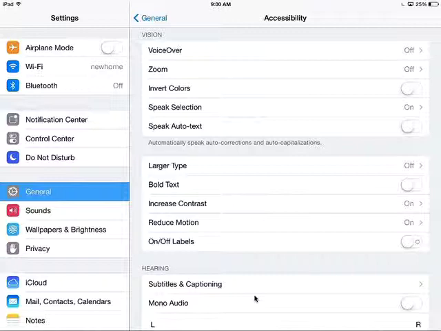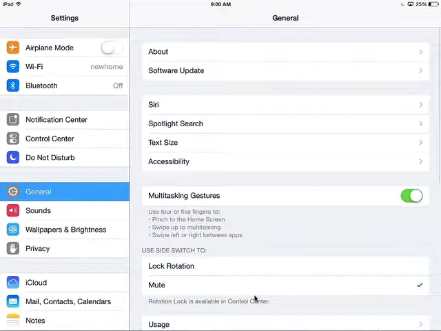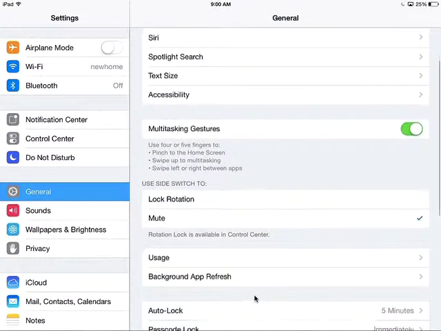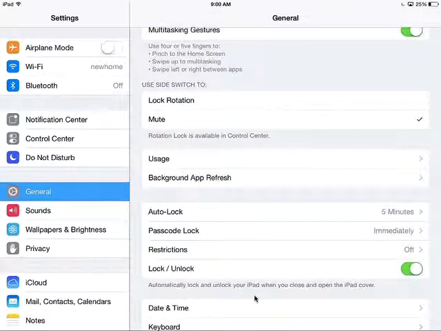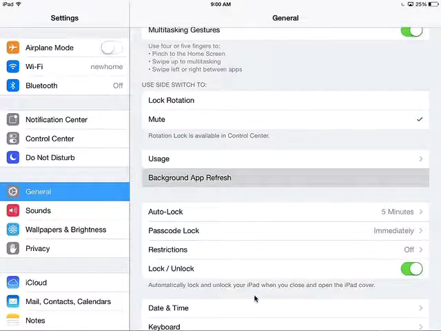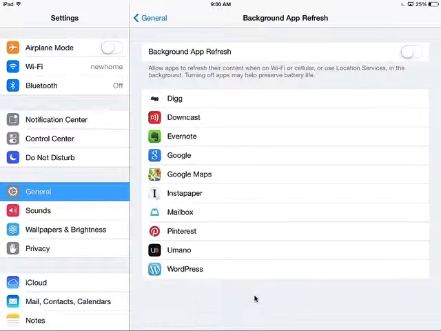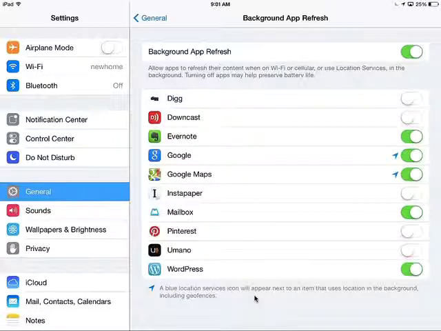That's the first tip. The second tip, if we go back to General again, and now we scroll down to something called Background App Refresh. If we click on that, that's that item right there. Click on that. By turning this off, and right now it is turned off, but if I turn it on, what this means, if it is turned on, is that these apps here, and these are apps that I have specifically installed on my iPad, so your list might be a little bit different, but these apps here actually can start pulling data and refreshing themselves and updating themselves in terms of the content